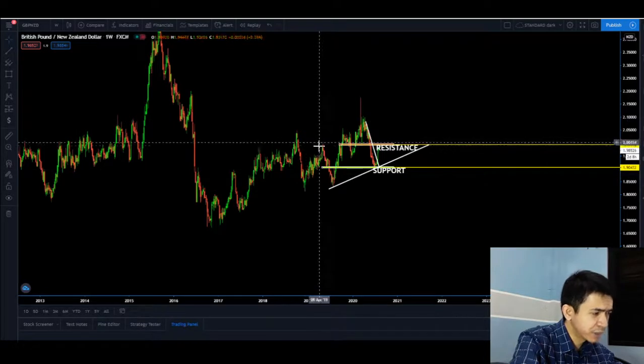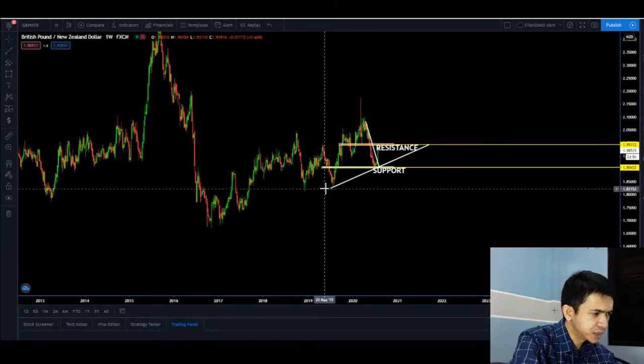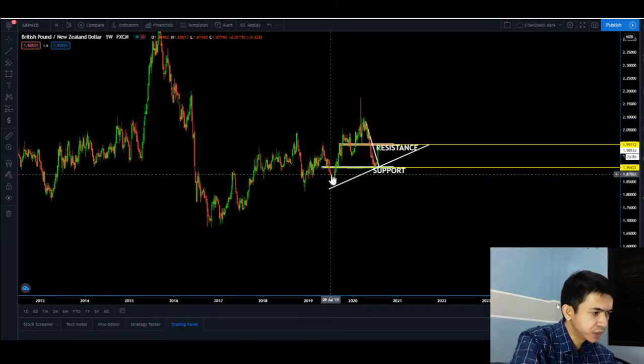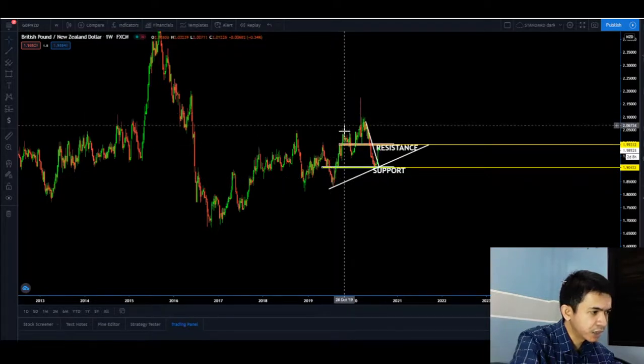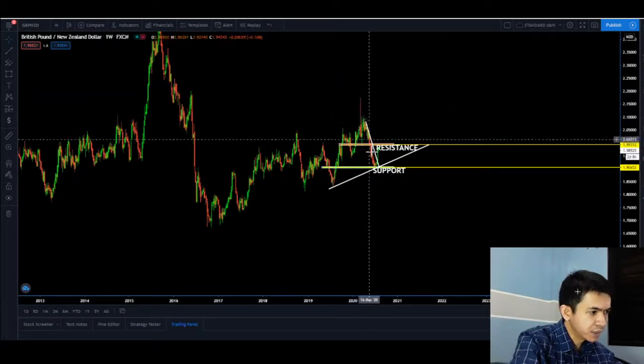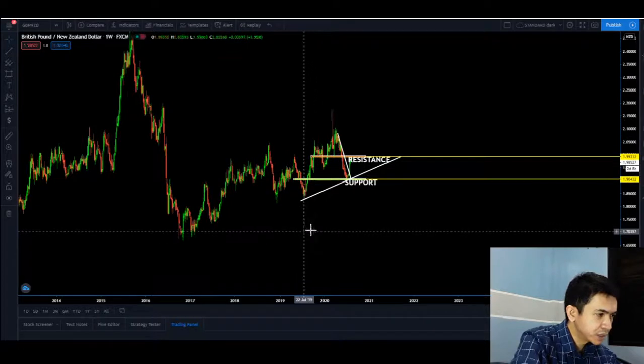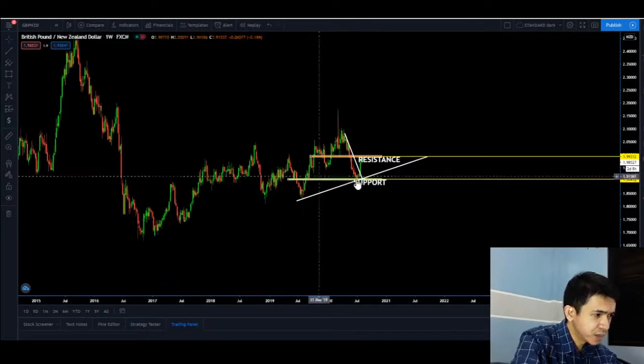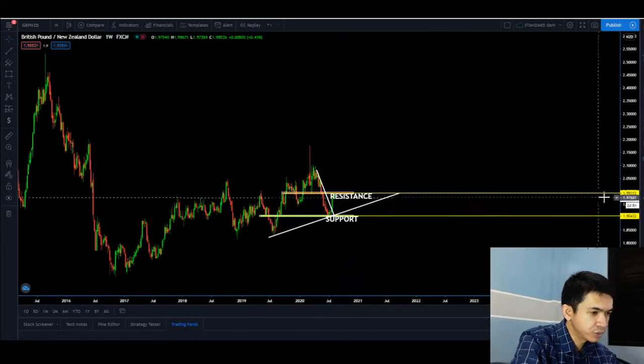Again, there's some momentum change here. However, still it provided what? A higher low, and then higher high, higher low, higher high, higher low. So we can say that this is our zone for a good buy on a long-term perspective or on a